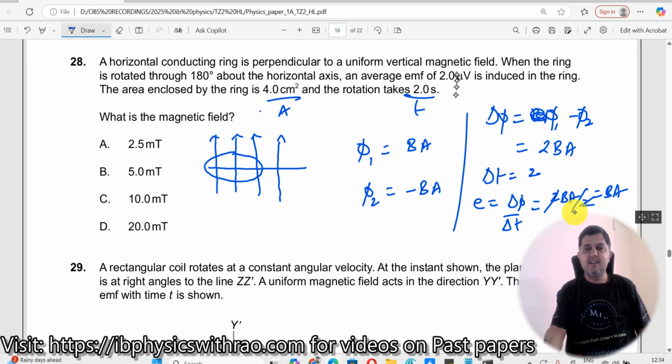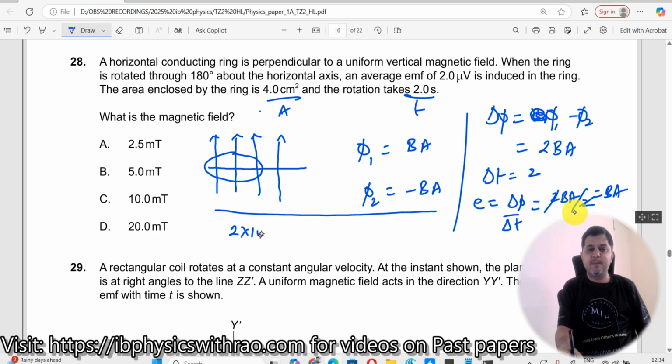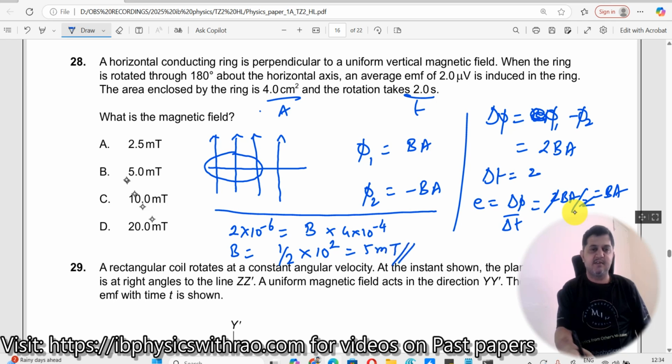Now let us substitute all the values. What is E here? E is given as 2 microvolt. 2 into 10 power minus 6 is equal to B times A. What's the value of B? I do not know. What's the value of A? The value of A is 4 centimeters square, 4 into 10 to the power of minus 4. Centimeter square is 10 power minus 2 the whole square, right? So I get B is equal to 1 by 2 into 10 to the power of plus 2, or 5 millimeters. The answer is